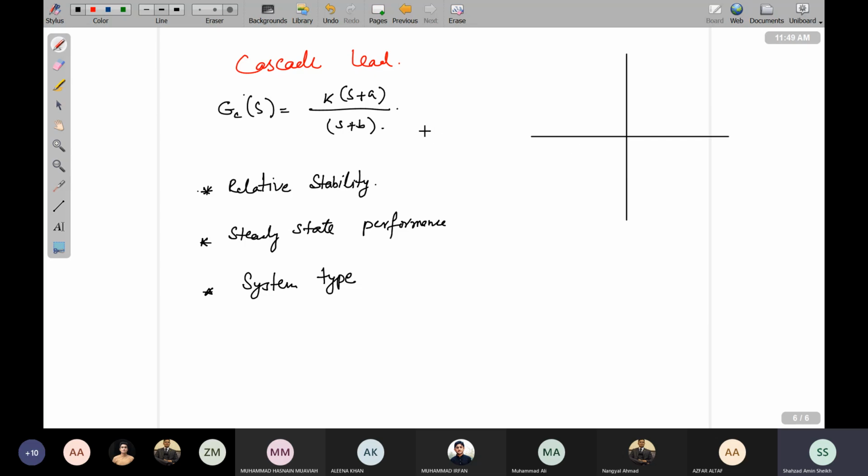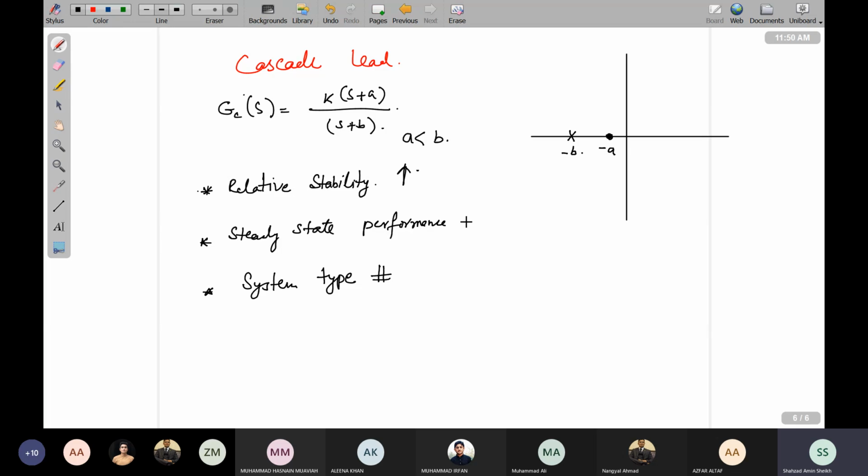So in this case what's happening, we are saying that A is lesser than B, so as a result of that, minus A पे आपका zero पड़ा है, माइनस बी पे आपका पोल पड़ा है। What about the relative stability in this case? Increases sir, रिलेटिव स्टेबिलिटी इंक्रीज कर रही है। स्टेडी स्टेट परफॉर्मेंस, we are trying to make it better, but there might be certain situations कि स्टेडी स्टेट परफॉर्मेंस जो है वो जेपरडाइज हो जाए।